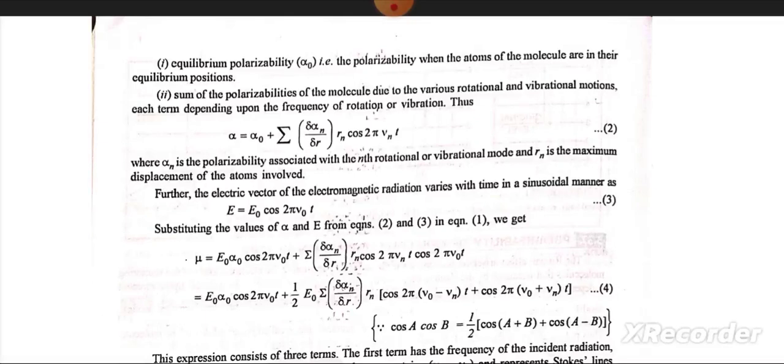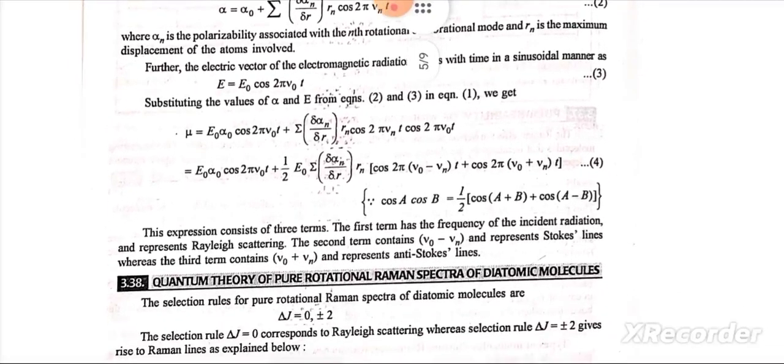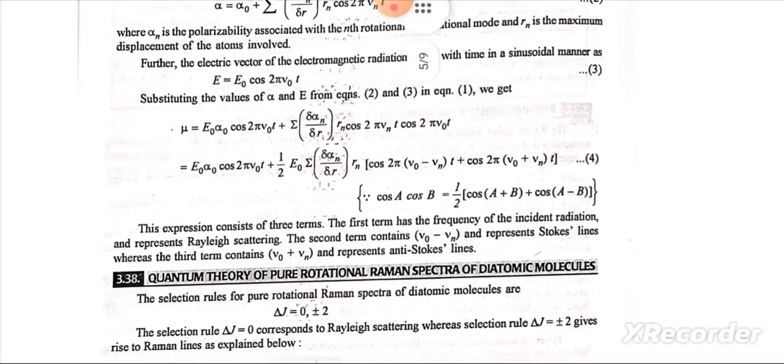Alpha is equal to alpha 0 plus summation del alpha n by del r n, bracket r n cos 2 pi v n t, where alpha n is the polarizability associated with the nth rotational or vibrational mode and Rn is the maximum displacement of the atoms involved. E is equal to E naught cos 2 pi V naught t. Substituting the values of alpha and E from equations 2 and 3 in equation 1, we get